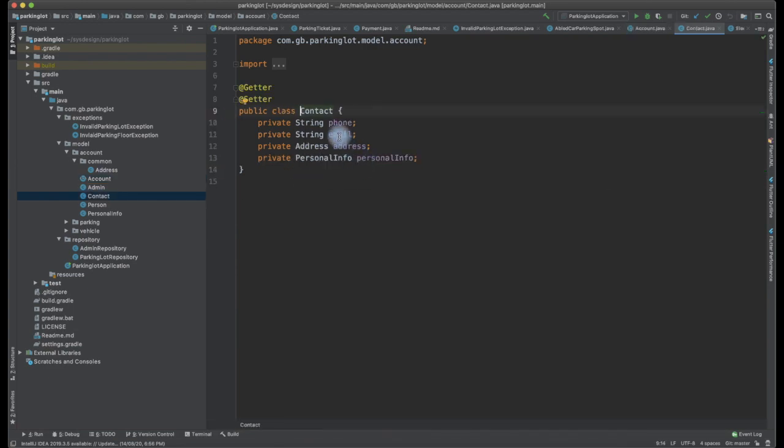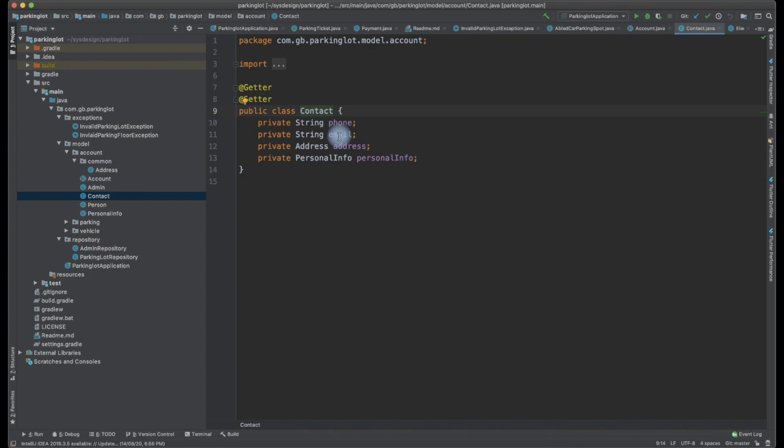A contact has a phone number, an email, and also an address and some personal information. Usually we will capture the contact details by default for administrative users or the employees of the parking lot, but we would not capture these details for the users, because as they come and go we need not capture it. But there are use cases where somebody will come and park their vehicle on a monthly basis or whatever it is.